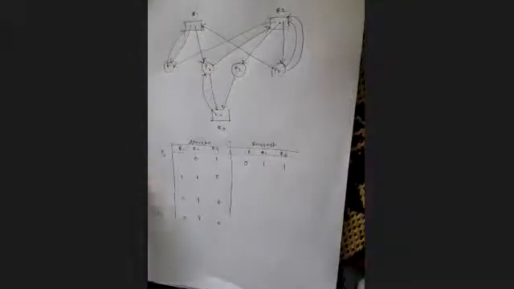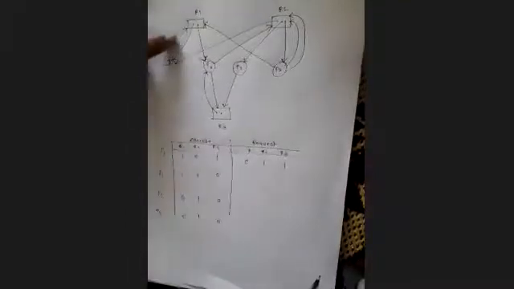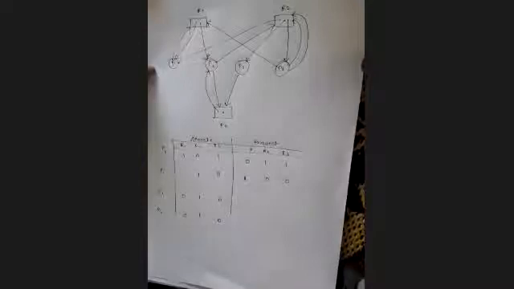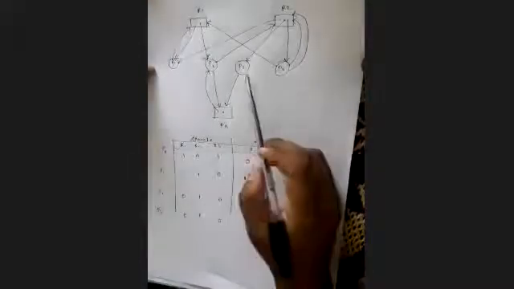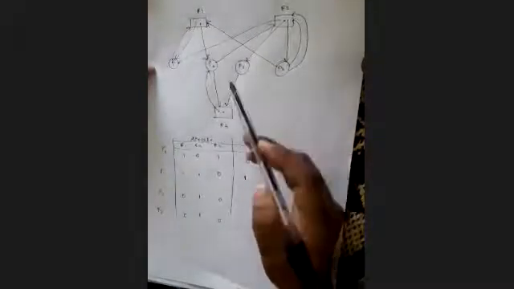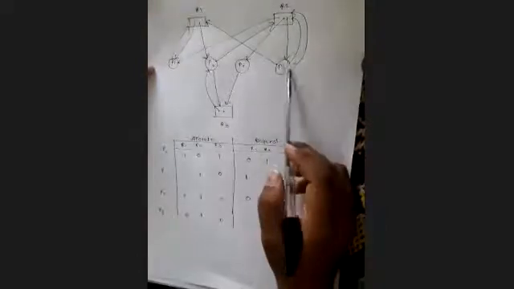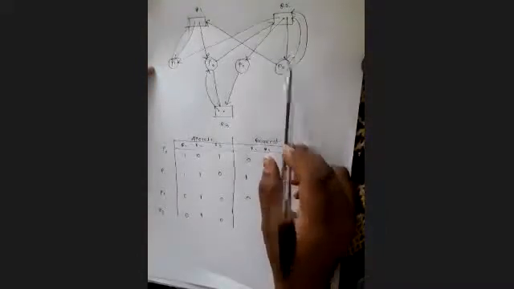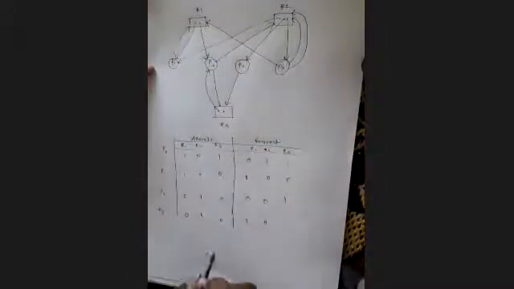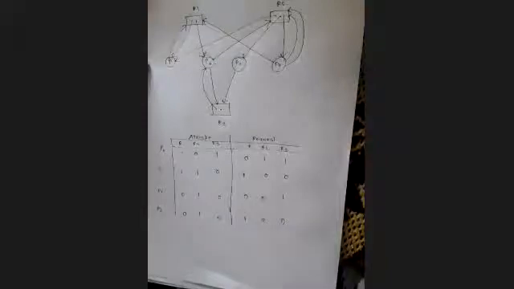Then check for p1. There is only one request edge which is going towards the r1. So I will write 1 0 0. Then p2 request edge is for r3. p2 is sending request edge for r3. So remaining will be 0 0. Then p3 request edge, yes, for r2 we have two request edges and one more is for r1, right? And the remaining one will be 0. Okay, this is our chart.